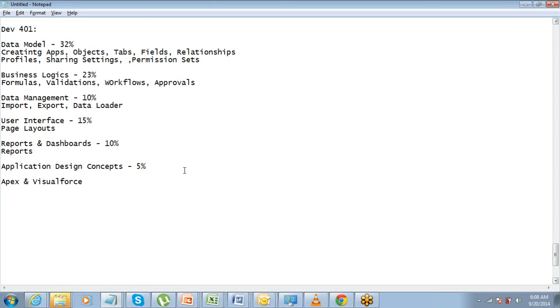Best place to read about this is our Salesforce help topics. So when you work on Salesforce, you see the help link there, right? The help link is the best place to prepare for certification, because a lot of the things mentioned in the help can be a part of your questions, okay?